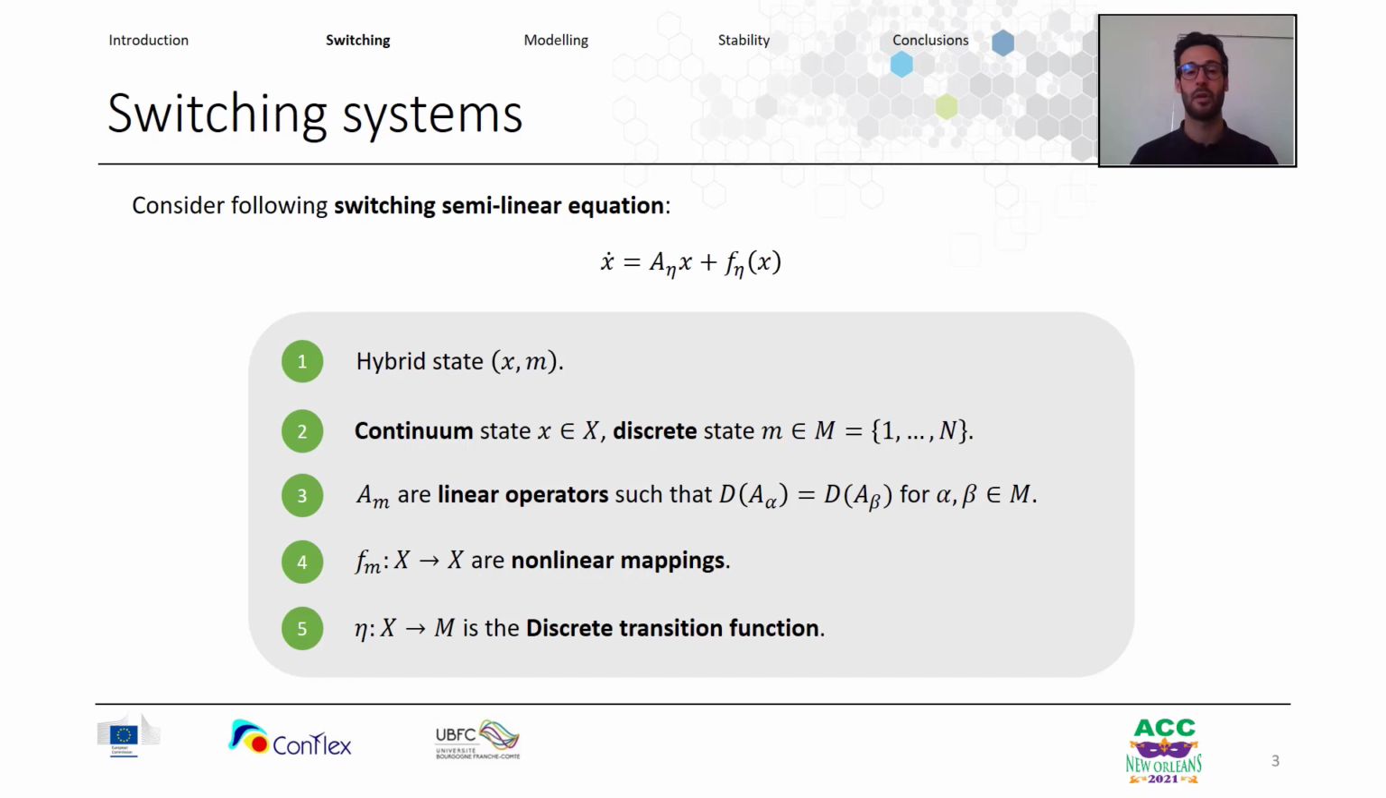Then we consider A_m linear operators that are associated to a certain discrete state that are defined on a common domain, such to avoid some problems during the switching times. We consider F_m as nonlinear mappings associated to a certain discrete state that map from the state space to itself. And finally, a discrete transition function, eta, that gives us the discrete state that is active in a certain instant